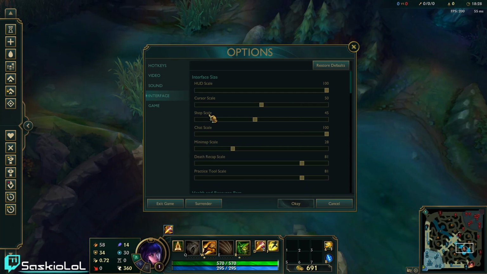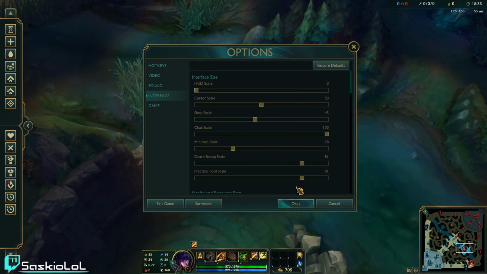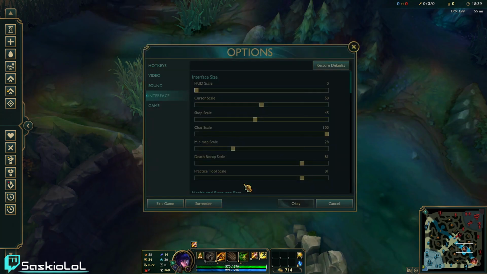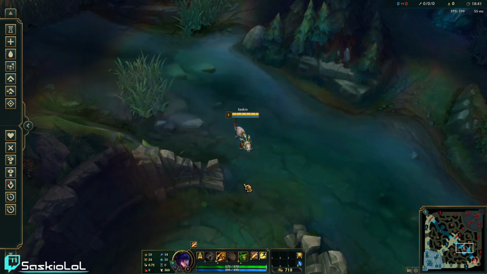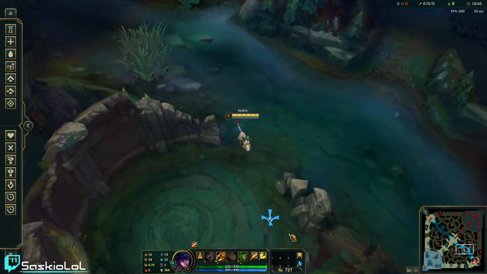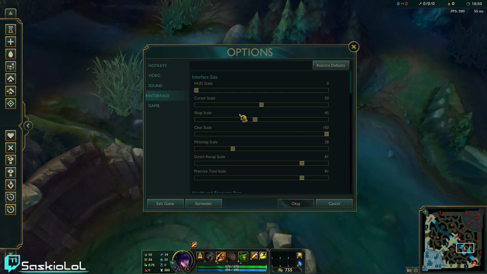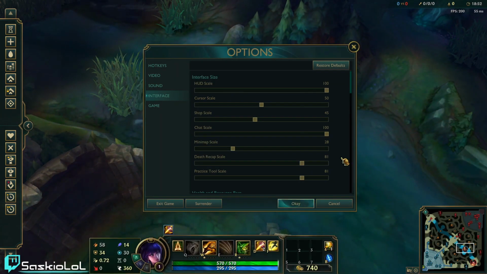Next up, let's move to interface. Very important stuff here. So starting off with HUD scale. I personally play with 100 HUD scale. If you play with 1, this is what it looks like. A lot of people suggest you play with 1 HUD scale or even 0 because it gives you more space and more room to work with. As you can see down here, I'm able to click here now, and I just see a lot more on my screen. So if you aren't used to it, then you should stick to that, but I'm personally very used